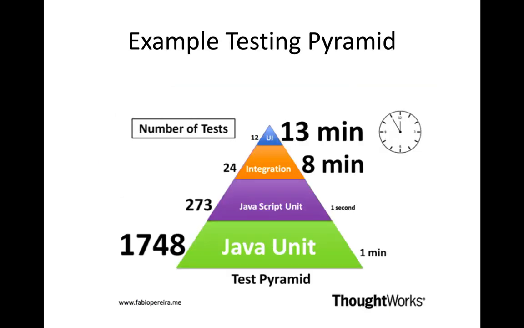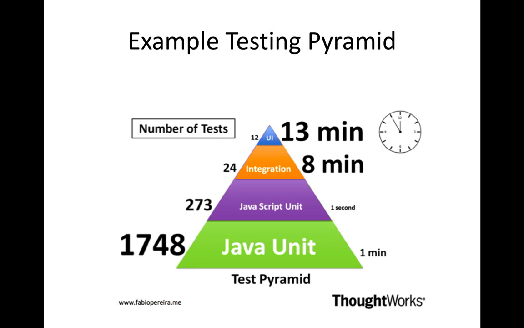Well, what does this look like in practice? Here's an example testing pyramid that you might find in, let's say, a Java application. In this case, the developers wrote a Java application, and it has 1,748 unit tests. Those unit tests are able to run in around a minute. There's also a set of JavaScript unit tests that they're testing some sort of client-side framework, and those tests run in about a second. Then there are 24 integration tests